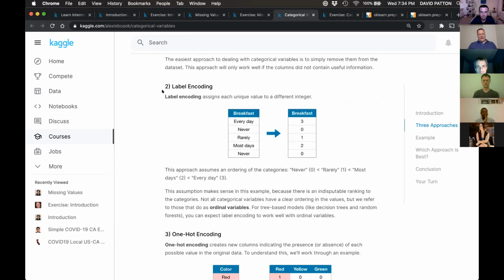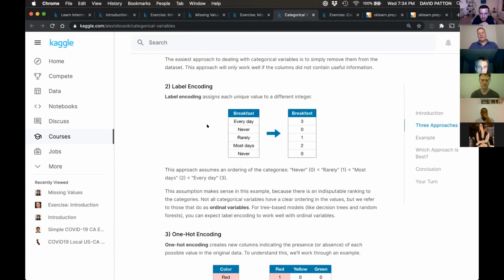Here's where I have a real disagreement with this training. They talk about label encoding. I guess in a general way, that's fine to say label encoding. I'll show how they implement it. That's where I maybe have the issue with what they've done, but we'll go through that in a second.